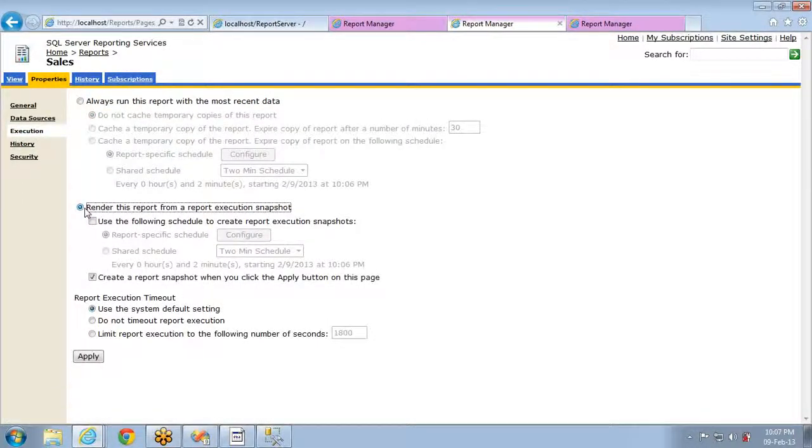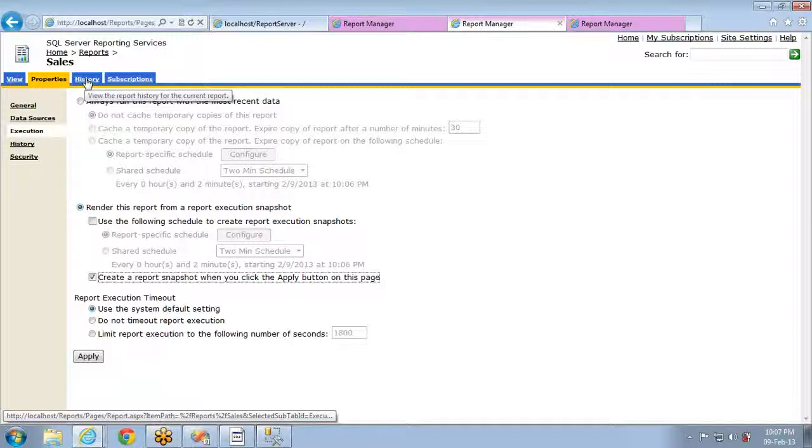So if you select this option, remember it will get the report from the snapshot, or if you select this option, it will execute and get the data. And if you select this option, and you think that there is no snapshot available in the history, then you can check this, which will create one snapshot on the spot when you click on apply. When you click on apply and this one is checked, a report snapshot will be created in the history. So this is the place where you will call the snapshot reports.